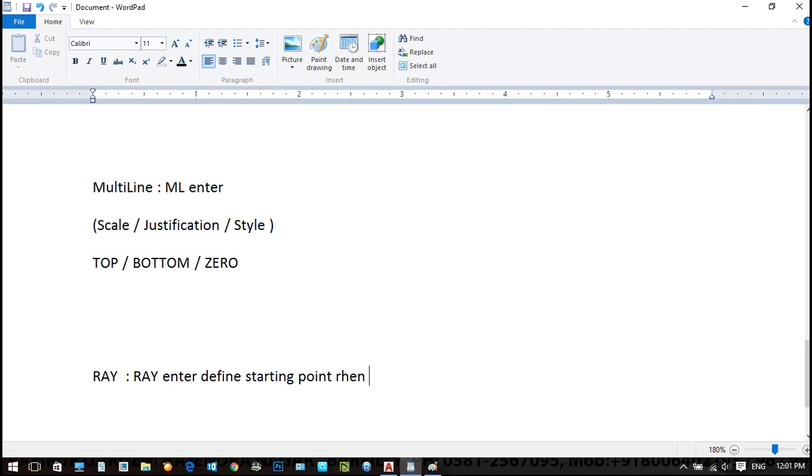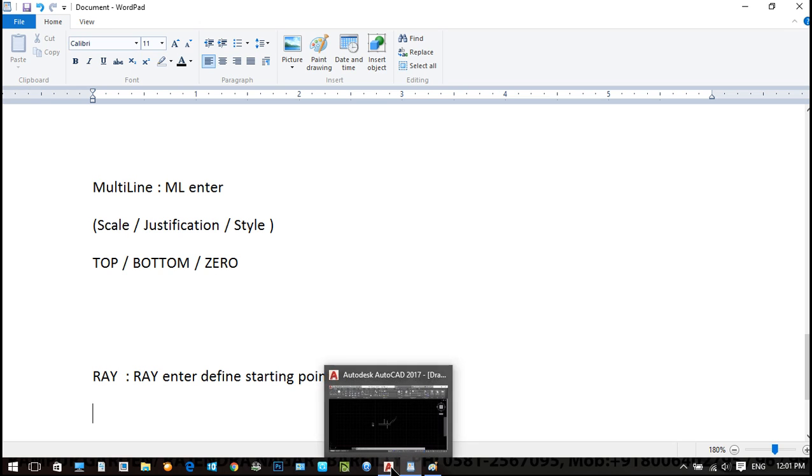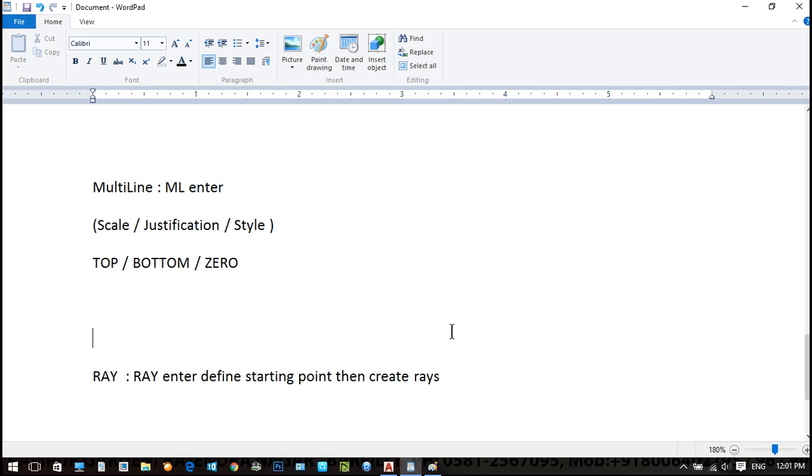and then create the rays. Done. So in Xline, enter, we define a midpoint because neither end is defined. In the case of an extension line, meaning a construction line, we don't find any end point because this is an infinite line.